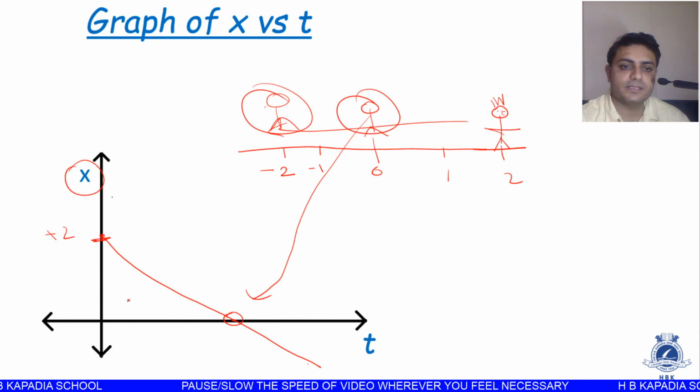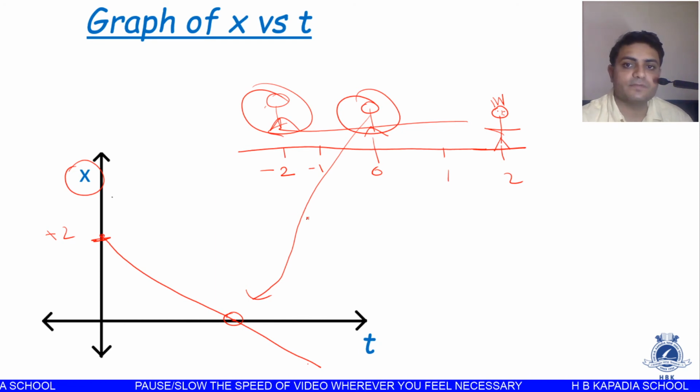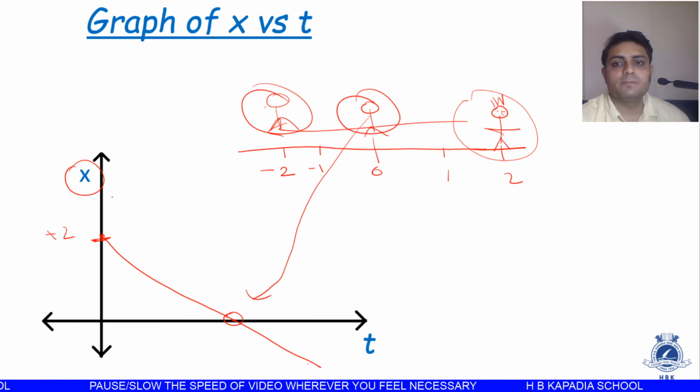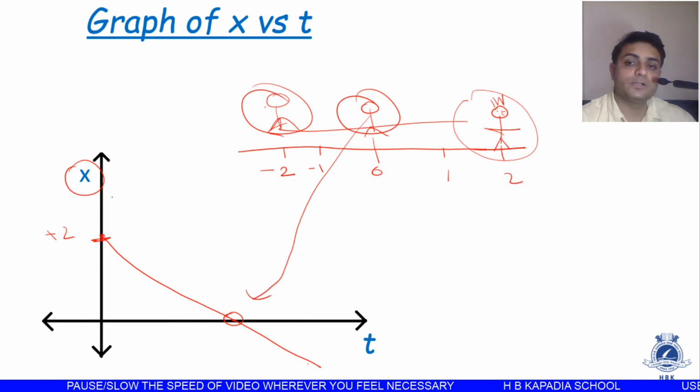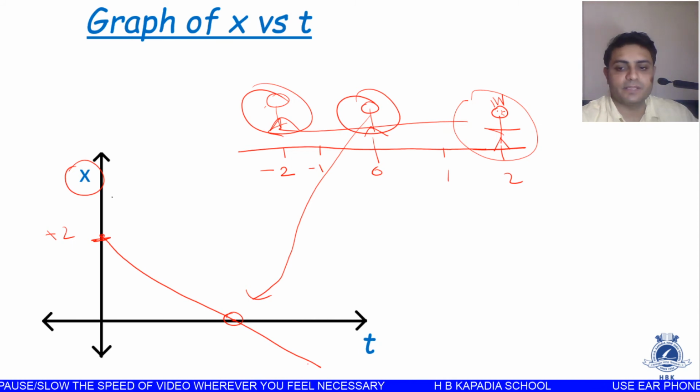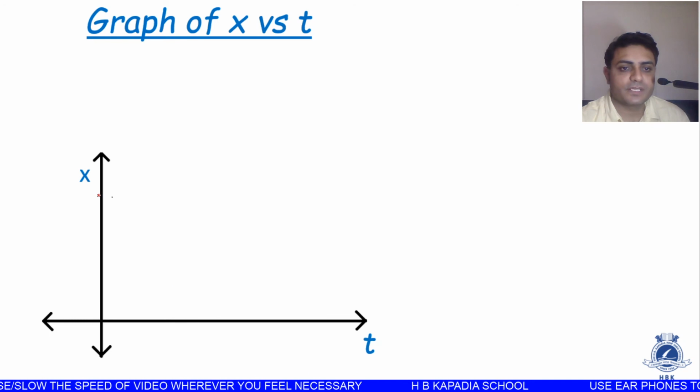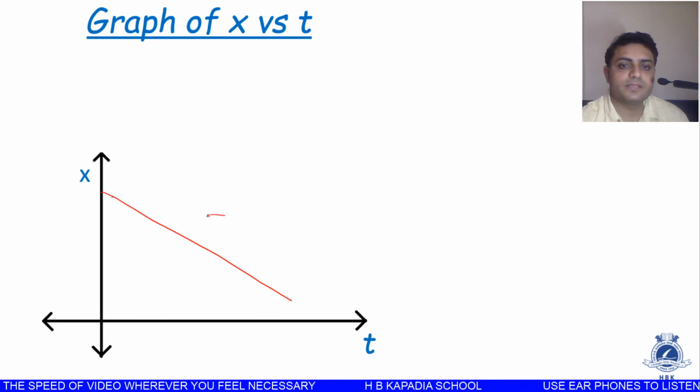So it means that in this case the velocity is considered to be negative, the direction of velocity is negative. Why? Because no doubt the person is initially in positive x direction, but he is moving towards negative x direction. We have to consider velocity to be negative. Even if the x versus t graph is like this, then also we have to consider this is negative velocity.